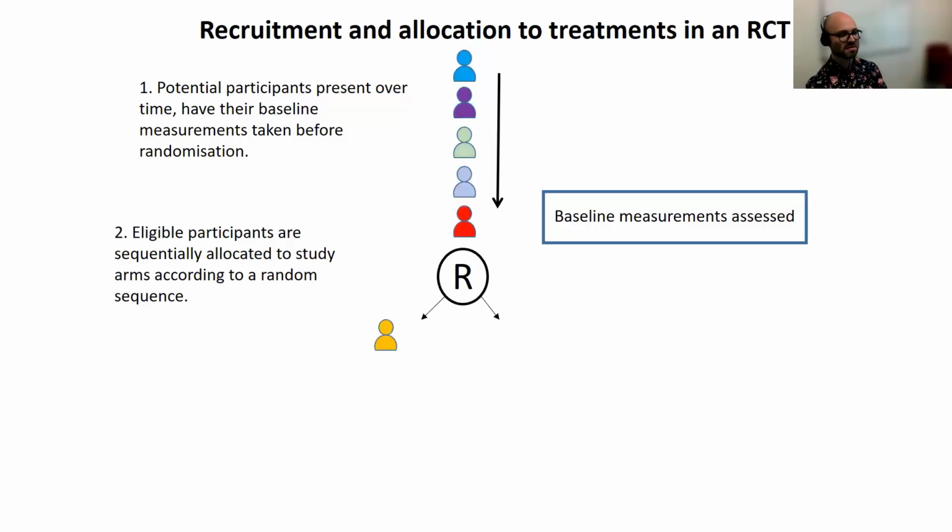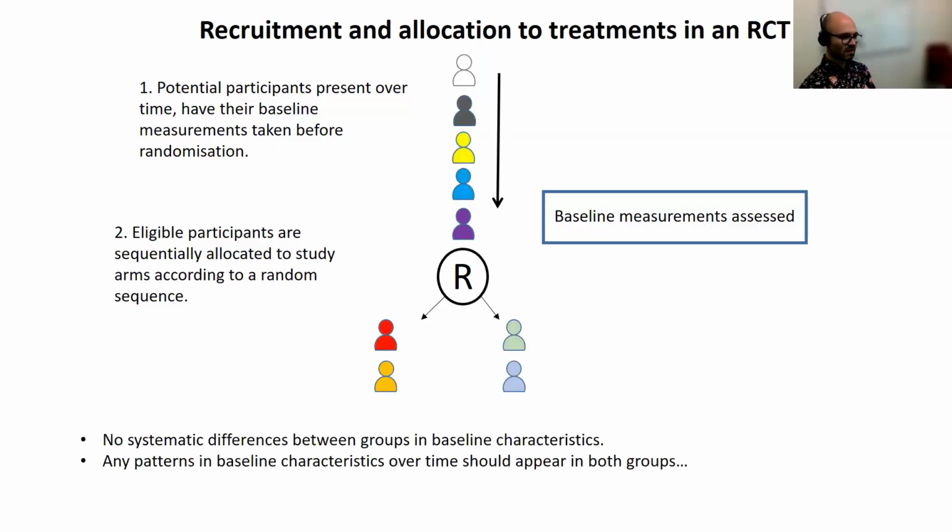So my first participant's in arm 1, so is my second participant. My third participant's in arm 2, so is my fourth participant, all right? Now, there are some hopefully quite well-known consequences of that. So first of all, we don't expect to see any systematic differences between the groups in terms of their baseline characteristics. But perhaps a less appreciated point is that any patterns in baseline characteristics over time should be present in